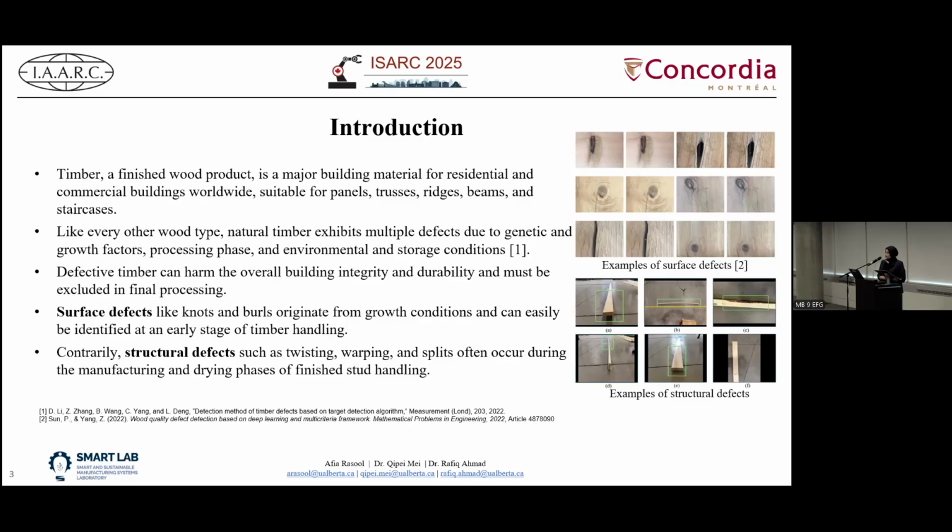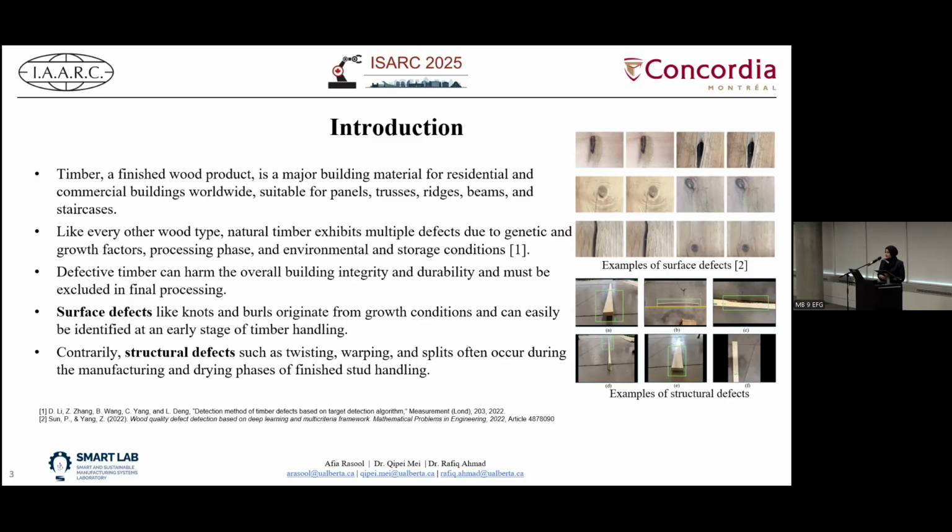Now, if you look at the top right of the picture, these are examples of surface defects, which are the knots and the cracks. This kind of defect occurs at the very early stages of manufacturing and can easily be identified. But there are other defects like structural defects, as you can see on the bottom, which are the bends and twists. They usually occur at the later stages of processing and during the drying phases